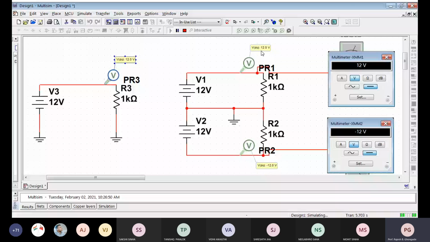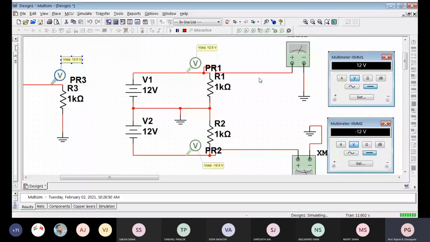It simply means that you are having 12 volts with respect to ground. That's it. You are having only a positive voltage here. But in this case, you will be having a negative voltage with respect to ground. Are you getting this? Yes, sir. And what is the total voltage difference between these two terminals? 24 volts. If I measure it like this, it will be exactly 24 volts. Obviously, 24, nothing great here.